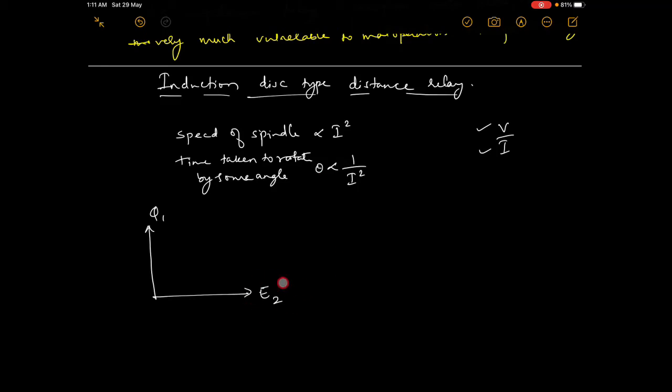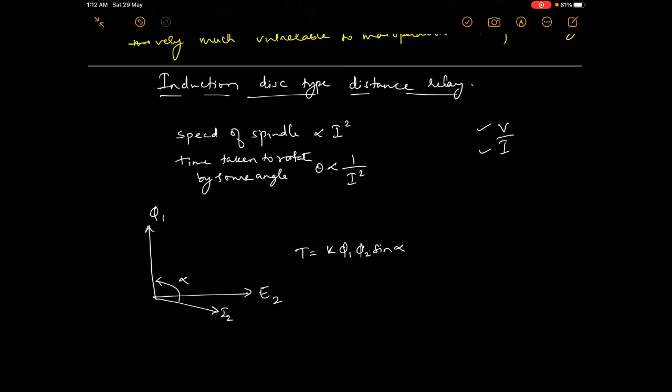So the EMF induced in the disc lags the flux by 90 degrees. So this is the main flux, and its current used to still lag from the voltage, correct, and that was our phi, or we call it alpha. Now because of this we had an equation, hope you remember, k phi 1 phi 2 sin alpha.